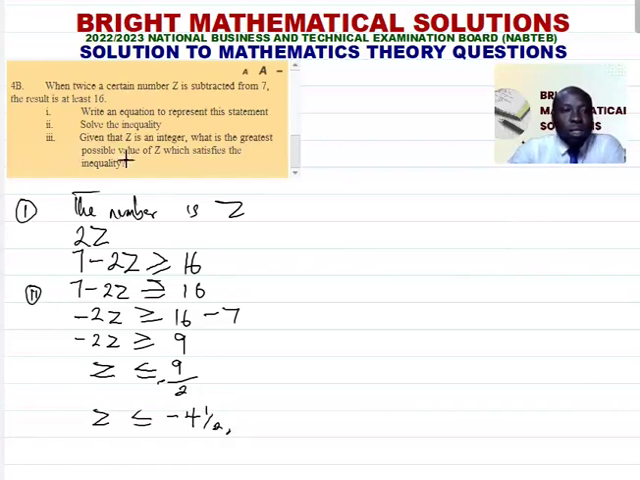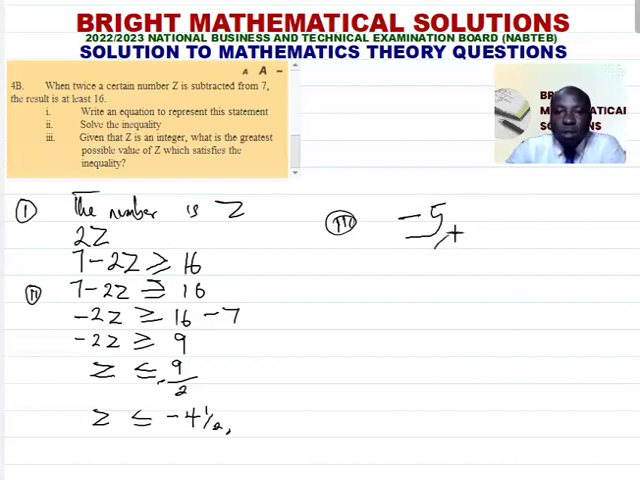And the question has a given that z, Roman figure 3, given that z is an integer. An integer means a whole number. This is not an integer because it has a fraction. Now, given that z is an integer, what is the greatest possible value of z which satisfies the inequality? So let us approximate this, and this is 4.5. So this will give us minus